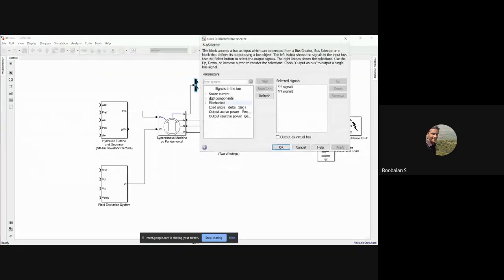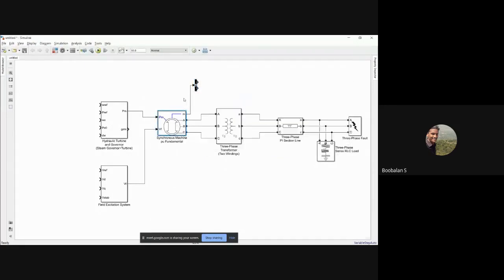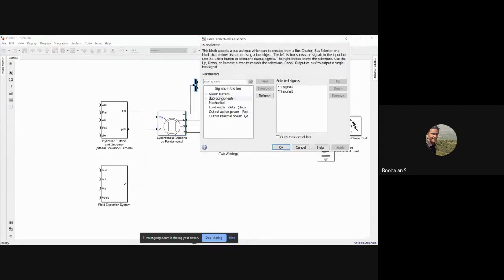You could see on my left hand side the stator current of this particular machine. Whenever it's connected, it will be configured: stator current, DQ components, and mechanical load angle. I already told you: load angle, output power, and output reactive power. So we need different things. For example, I'm going to measure my stator current. We have a 3-phase machine here, so if you want to measure 3-phase current, you can select it.